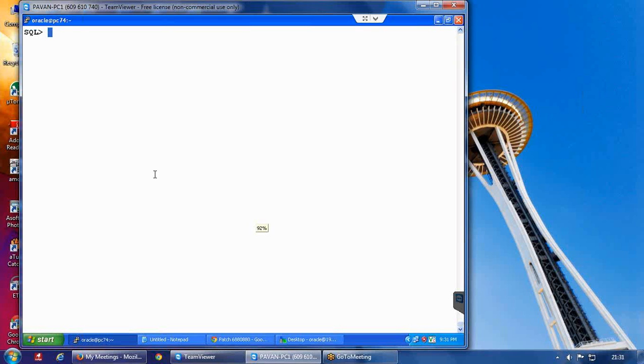Okay. So how can we verify whether the patch was applied correctly or not? We have a view called registry$history. This particular view is going to give you the information whether the patch was applied or not.